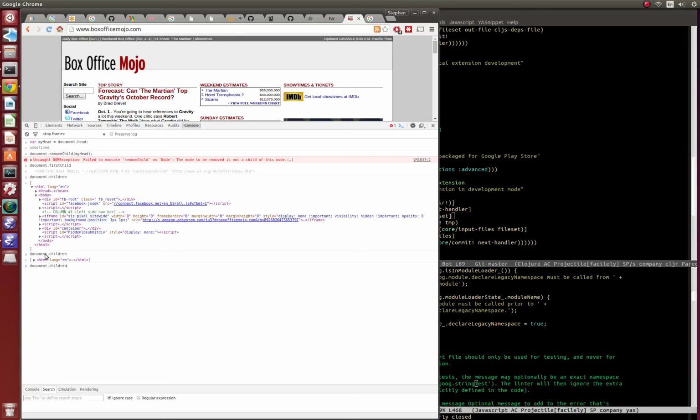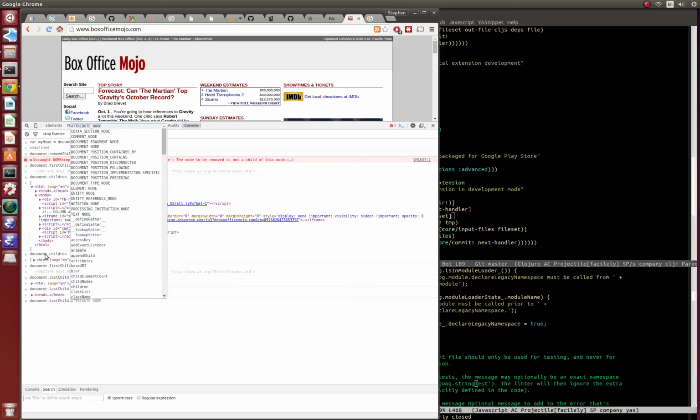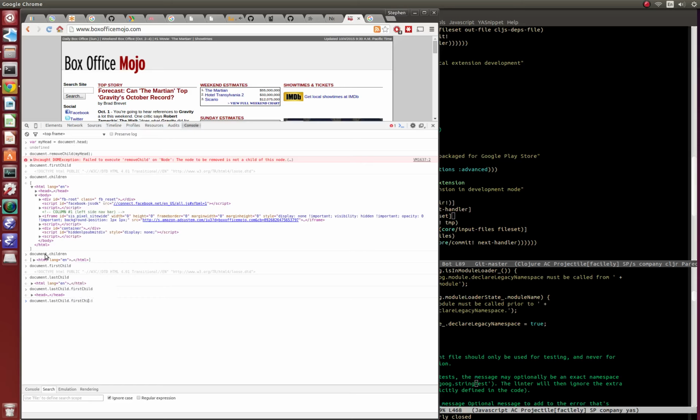For the document, children is this thing, the document's first child is this header thing, a doctype declaration. So this is clearly the one that should be removable. Document's first child should be